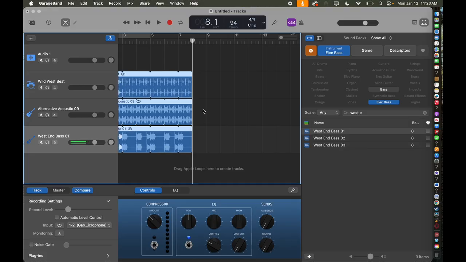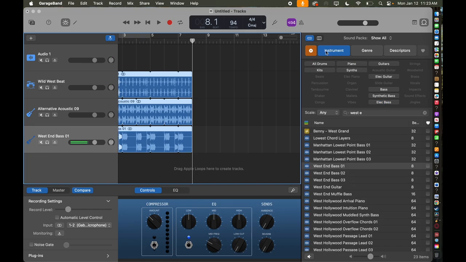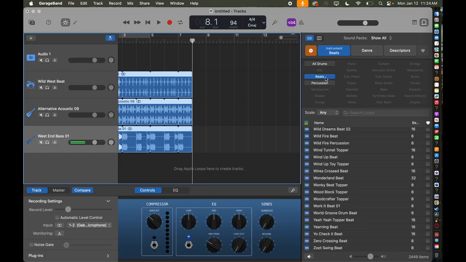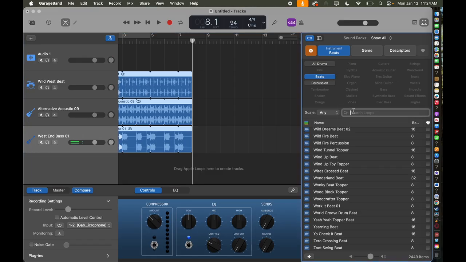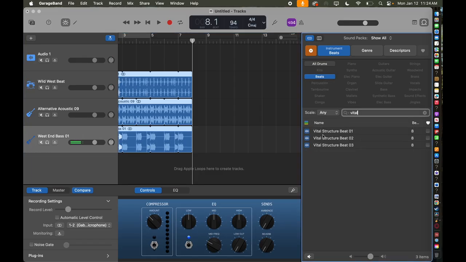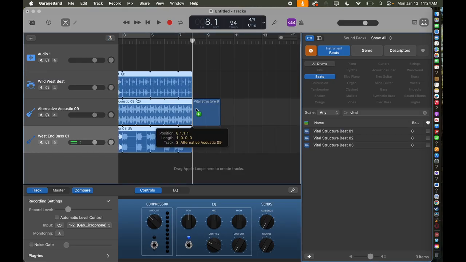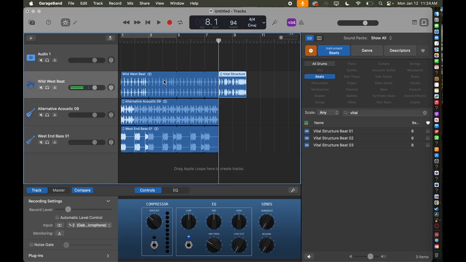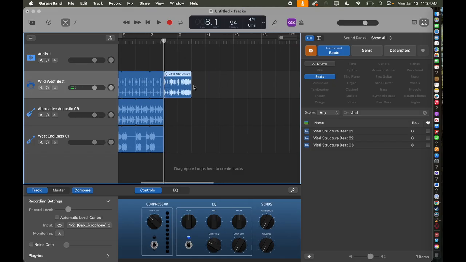Hey guys, so I'm going to be explaining the chorus. So for the vibe that we're going for, instead of having a drum for the chorus this time, we're going to have a beat. So you can go to the beat section instead of clicking all drums. And I'm going to look for this one that I really like. It's called Vital Structure Beat 2. Just going to go right on the same line as the drums. And then make that out for,